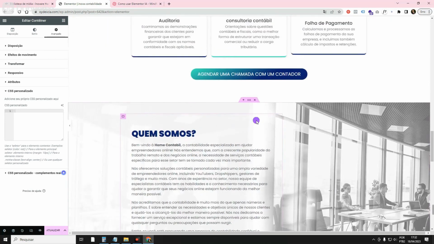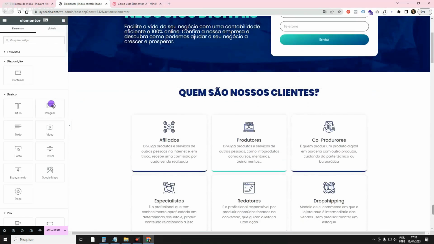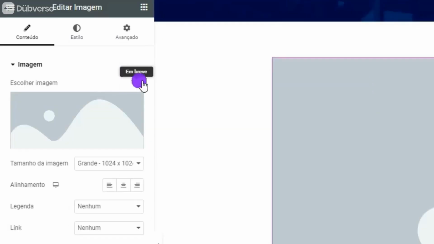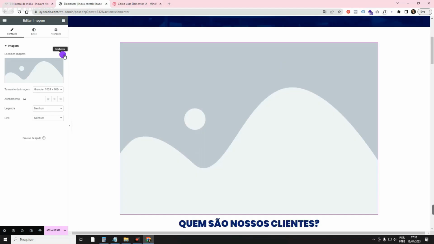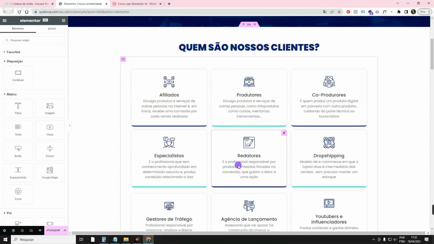And there's also another thing that I think will be really cool, which they haven't even brought in this version, which is the image issue. I even put image effects here to be able to tell you about it. When you move your mouse here, try to click. You can't click. It's written in short. So, for sure, they will still put intelligence so we can ask it to generate some kind of image. Or to edit the image, it will be able to do that. And it will be amazing. It will make our life a lot easier. I'm very excited to see how this will be here in the beta version, in the final version, so we can use it. The only thing I'm sure of is that it will make our creation process a lot easier.